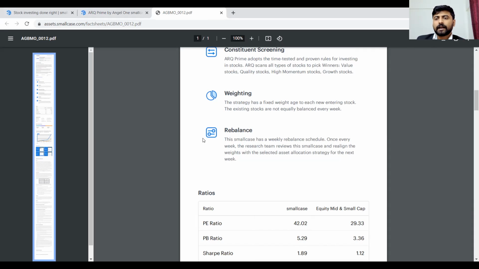It could be because of a variety of reasons. Maybe these two stocks are no longer fitting in the investment criteria. Maybe these 2 stocks have already played out their momentum. It could be a variety of criteria. So if they feel that 2 stocks or 3 stocks have to be removed and another 2 or 3 stocks have to be added in its place, then they are going to push out something called a rebalance notification